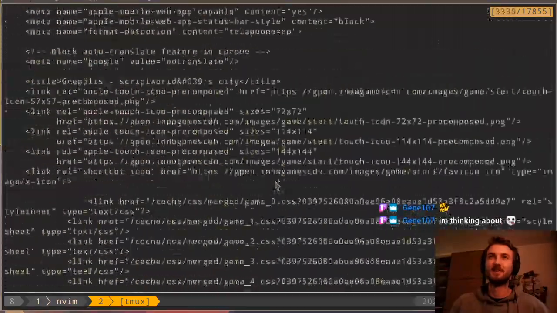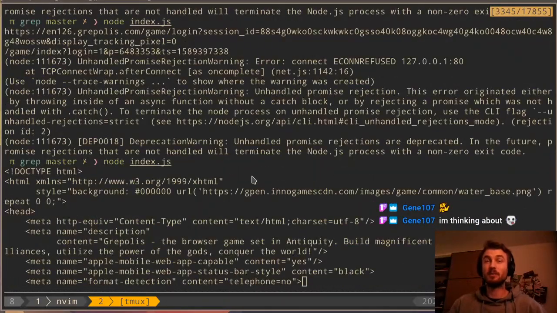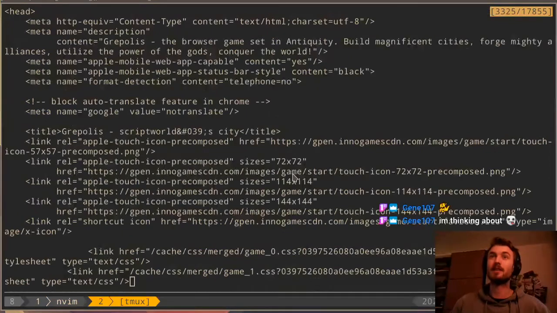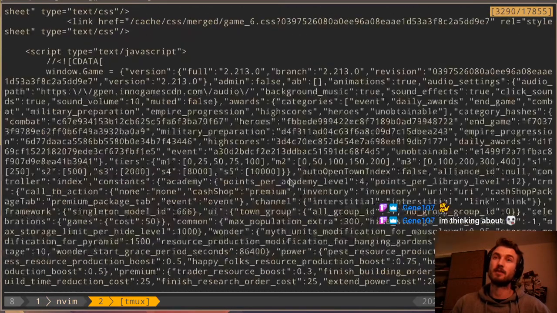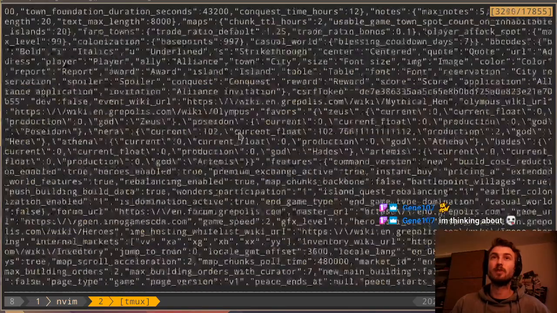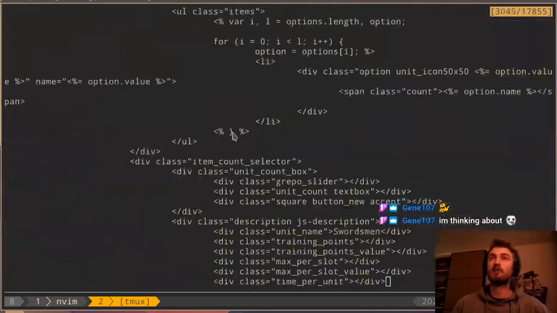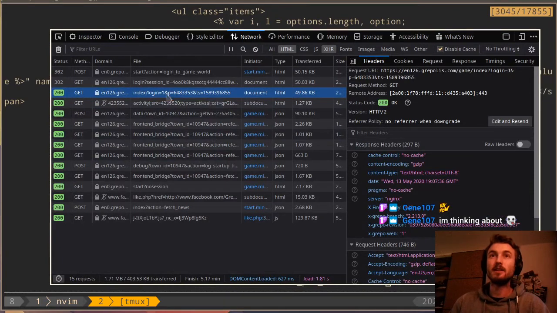Oh, here it starts. So yeah, we could parse that, but I think we're not gonna do it. But I think that this means that we are finally logged in, right? So we have this window.game. So we have all our cookies to get going. So here we have